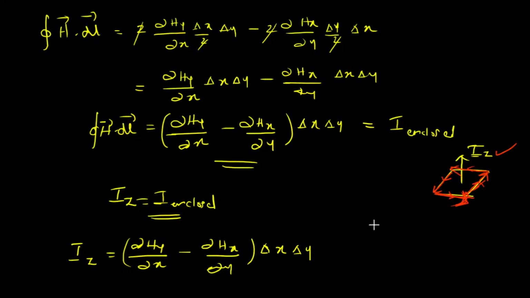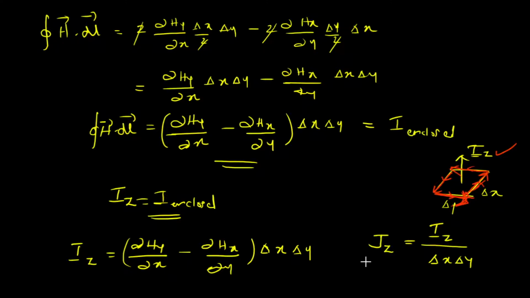Now see what the relation is between current and current density. Can I write Jz, which is the current density, for the current Iz? Current density is nothing but current by area, so in this case it is Iz divided by delta x delta y. So I can easily write current density Jz as Iz by area. Because this is delta y and this is delta x, the area of this closed path is delta x into delta y. So the current passing through this area will give me the density.